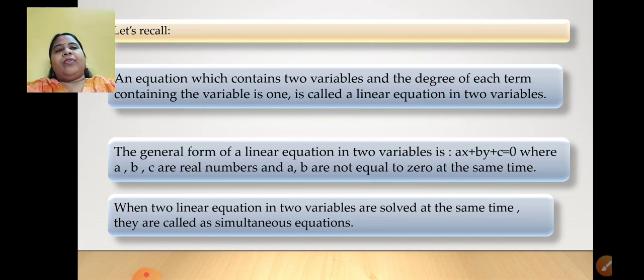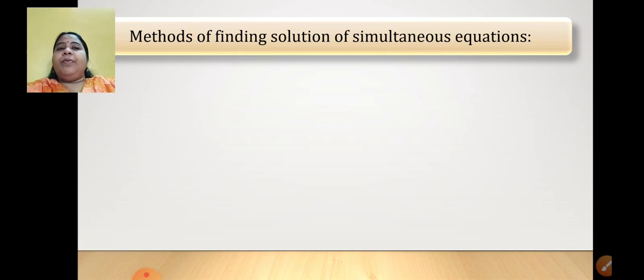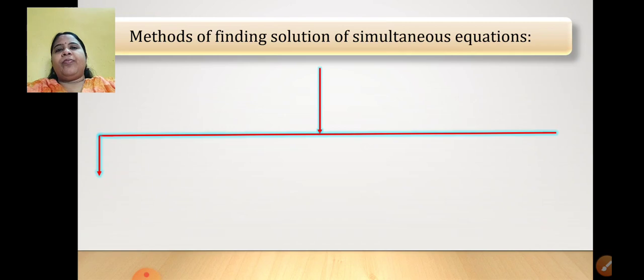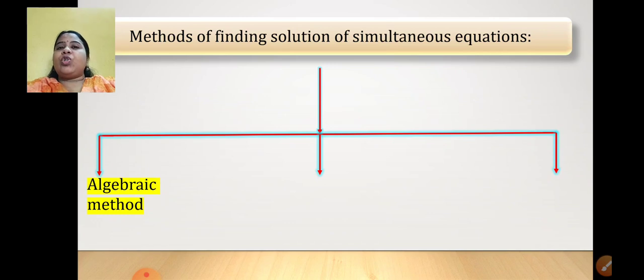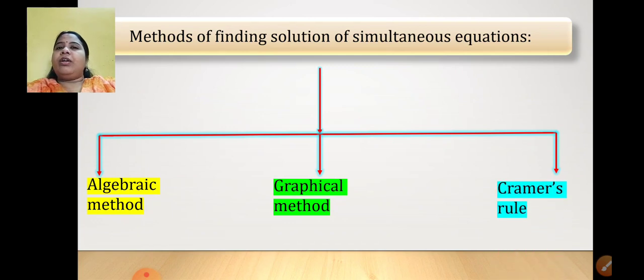Okay, right. After this, let's recall what are the different methods that we have learned for finding solution of simultaneous equation. We have learned basically three methods, if you remember. The first method was algebraic method. Yes, where we were solving elimination method and substitution, all those different methods were there. This is algebraic method. Second method is graphical method, and third method was based on Cramer's rule. It is very important, especially the last one. It's a totally new term, new concept that you have learned this year. Okay, so these were the three different methods that we have learned.